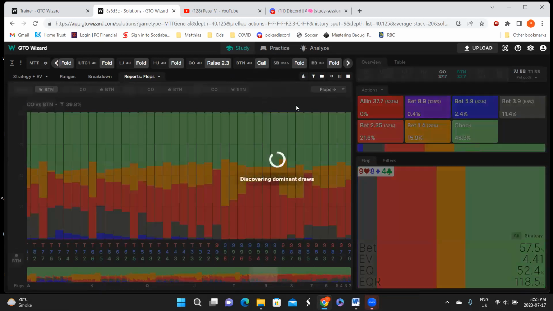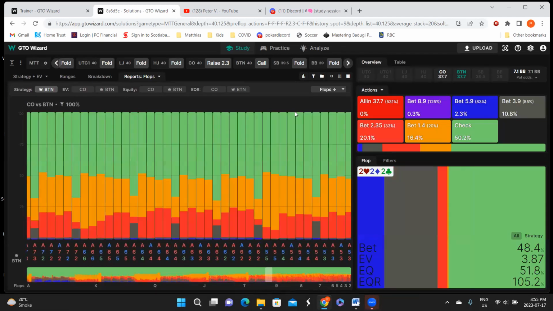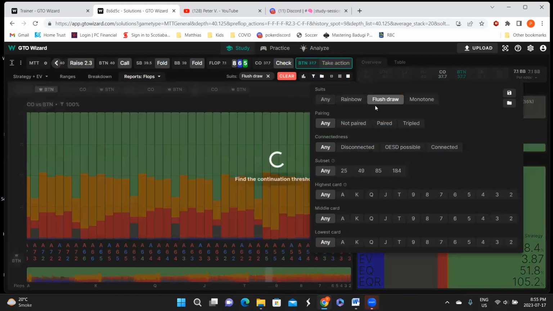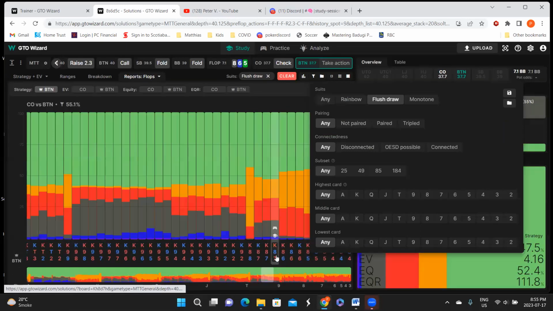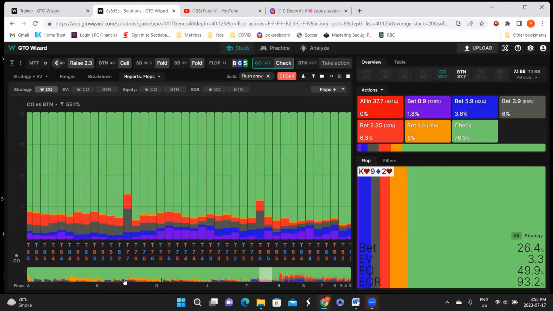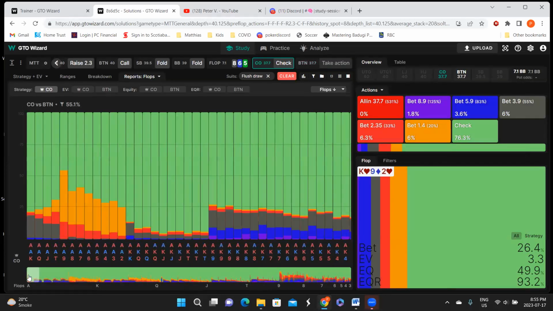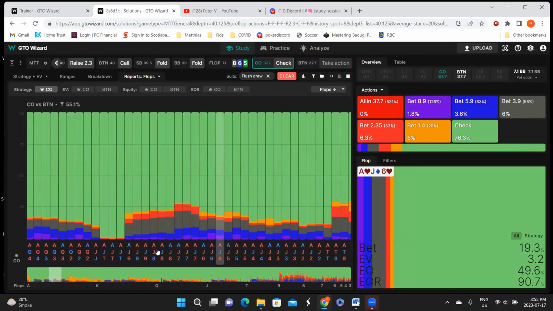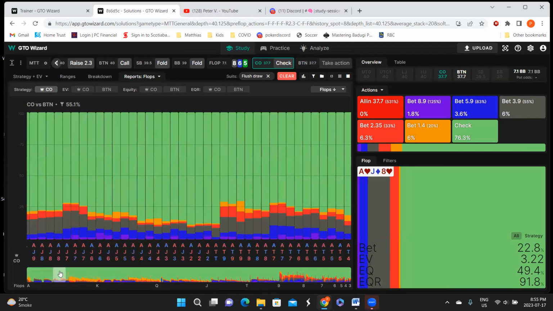When we look at boards with a flush draw, we're going to take a look with the cutoff first. So on a flush draw board, again, we can just see tons of checking, 75% checking with this flush draw. Super polar when we do bet,